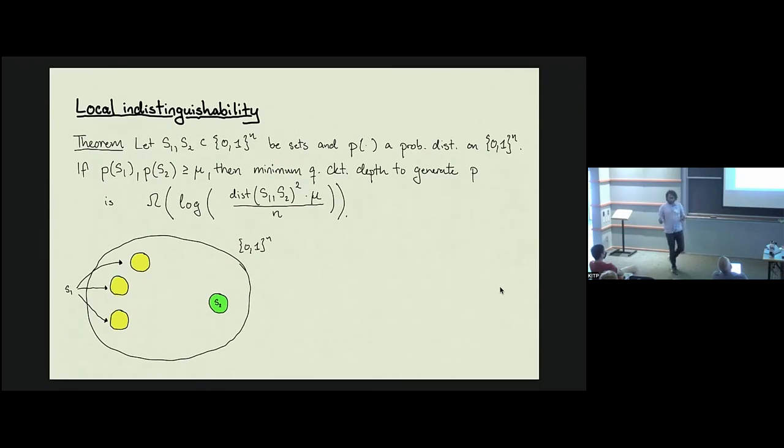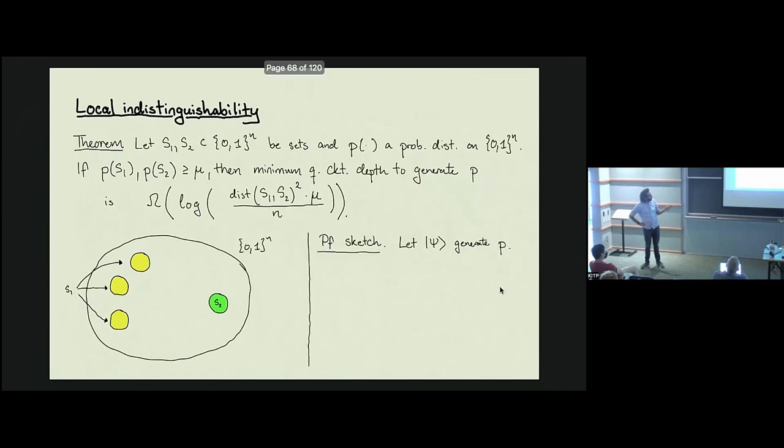And now if you imagine a probability distribution over this Boolean hypercube, as long as the probability distribution grants mu mass to S1 and to S2, then you can prove that the circuit lower bound scales as log of the distance between the regions. So this is the Hamming distance between the regions squared times mu over n. So as long as these regions are further than square root n from each other, you're able to prove non-trivial